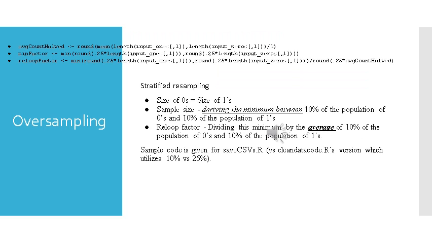In this slide, we go over oversampling. The way that we handle oversampling in Chimera is that we take a sample. The example that I have here has 25% in the code that is actually in savecsvs.r, but in drawtest.r and drawtrain.r it uses 10%. Anyway, it just grabs the minimum between 10% of the ones and the zeros of a factor, and then it samples 10% of that for the y's from either of those. So it establishes a minimum and applies the minimum to both sides. It might not be 10%, it's just some value that's derived and applied equally to both sides.